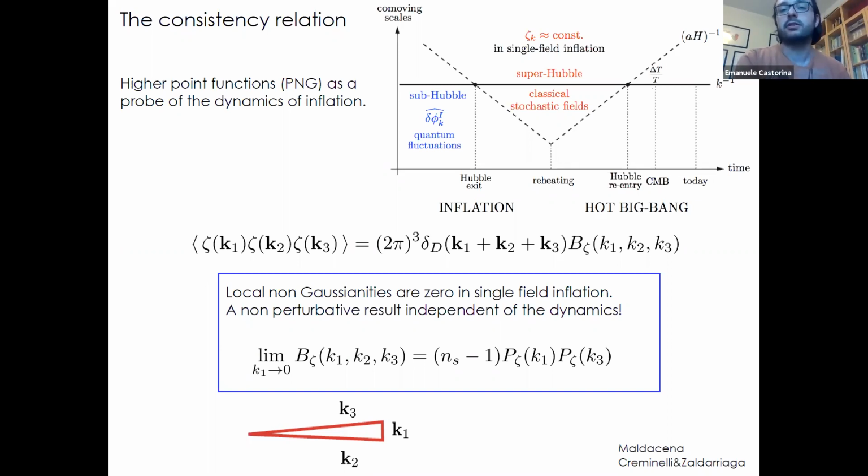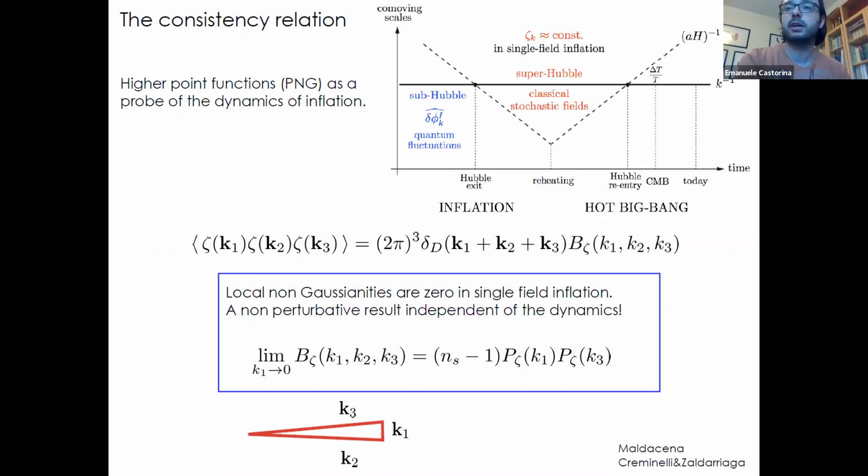zeta. So in the squeeze limit, which is the limit in which one of the k modes, k1, is much longer than the other two. So the k1 is much smaller, so the wavelength is much longer than the other two. There is a theorem by Maldacena more or less 20 years ago and generalized by Paolo Creminelli and Matias Zaldarriaga, which says that the